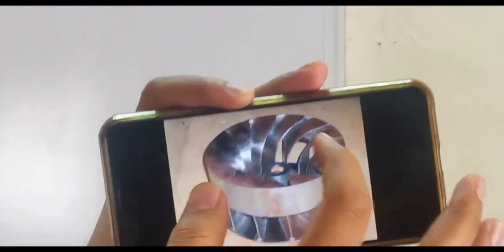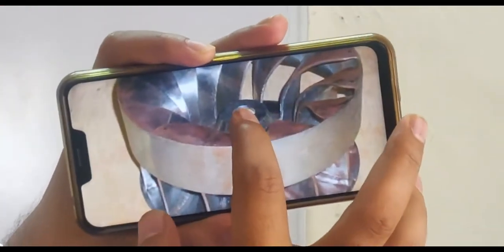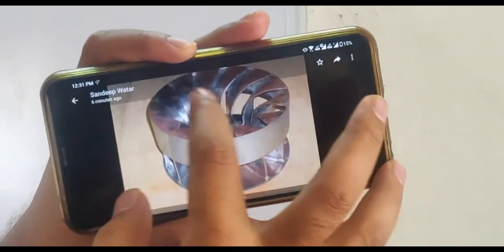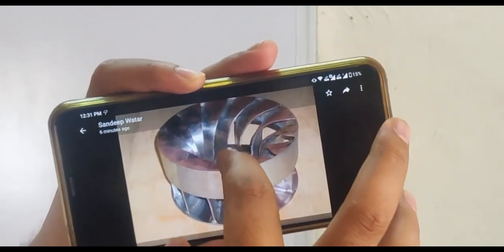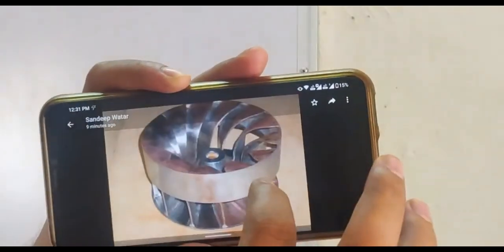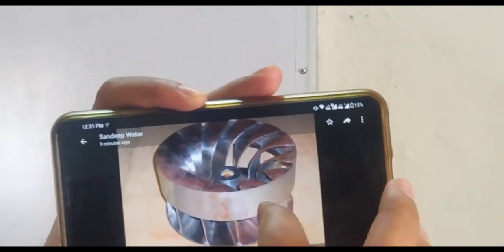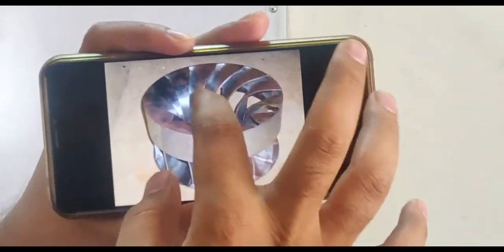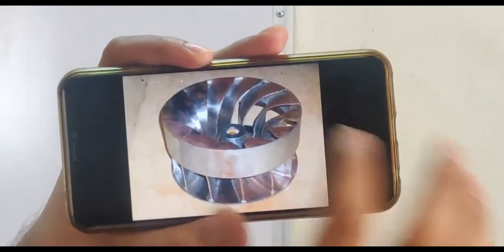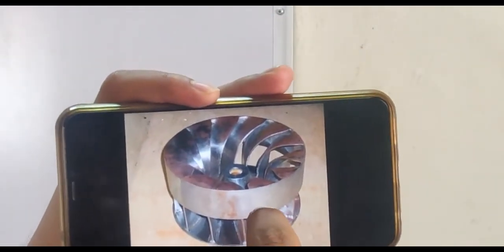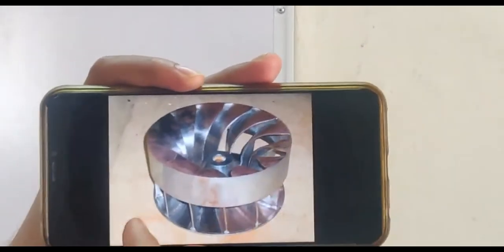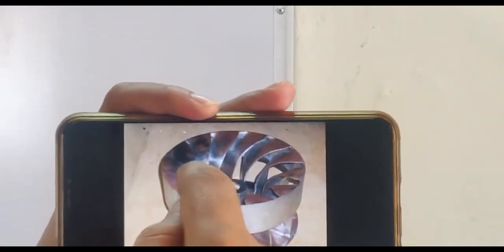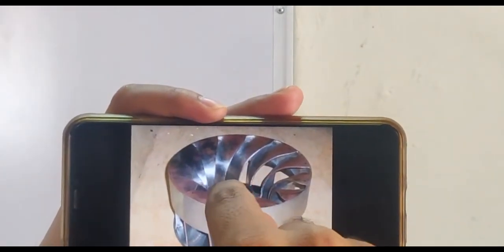Let me show you the dimensions of the runner that I was speaking about. This is how the runner is. Here there will be a shaft. As you can see, this is your inlet. The water enters here and comes out over here. Can you see these? These are the vanes. These are the several vanes which are attached to the runner, and this is how the runner is formed. This is what I call the width at the inlet, this space. From all these gaps the water will enter, and similarly this width is there outside also.